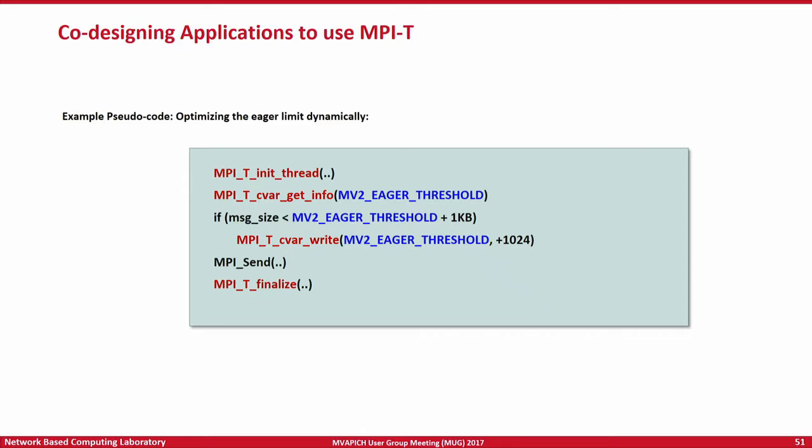These are the high-end features that the MPI tools interface provides to performance monitoring and analysis tools or end users. And these are some examples of the kind of benefits you can get, the kind of insights that users gain into the application's communication characteristics, in terms of the number of unexpected messages and expected messages, or the number of intra-node and inter-node communications that happen, using the MPI-T interface.